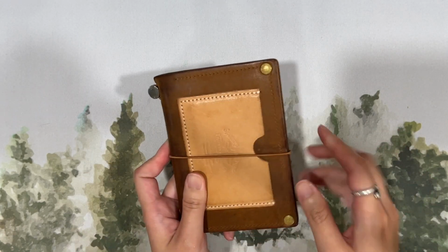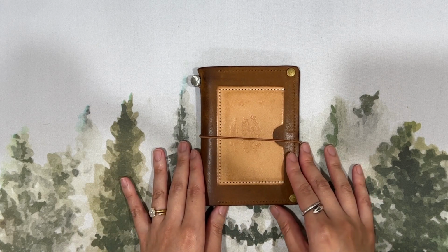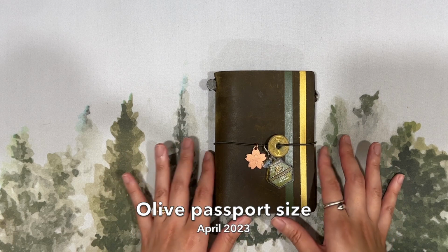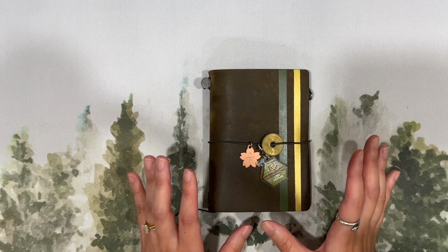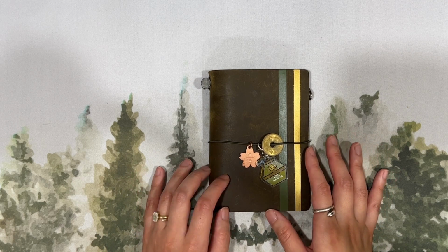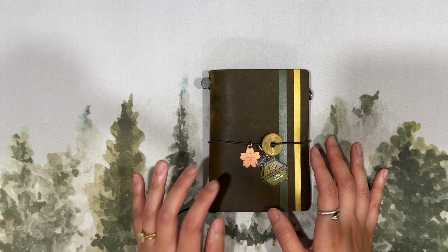And so that is the first traveler's, or passport size traveler's notebook, that I have to share with you today. Here is my second passport traveler's notebook and the last one that I have to share with you from my collection. This is the Olive Passport Traveler's Notebook, which was purchased in April of 2023, so my most recent addition